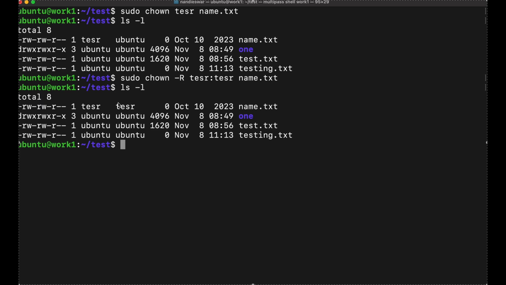Next is chgrp. The chgrp command is used to change the group ownership. Like I want to change the group. You can also change the group names using chown. There is another option, chgrp, especially for setting the files' and directories' permissions. Like read and execute; the permissions in Linux are categorized into 3 types. For example, chgrp